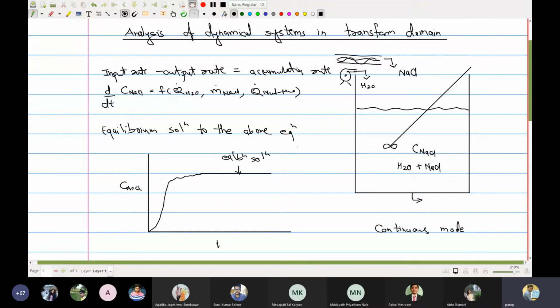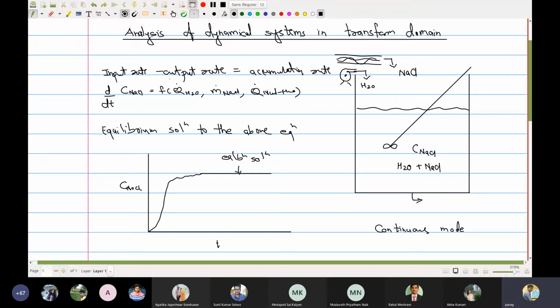But that never happens, right? So when I am trying to develop this design and analyze what all can happen, I can safely use this particular methodology, the state space domain modeling, and I will be in a position to find out what should be Q, what should be M_NaCl, and what should be the output flow rate, so that it would give me the corresponding value of concentration of NaCl in the tank.